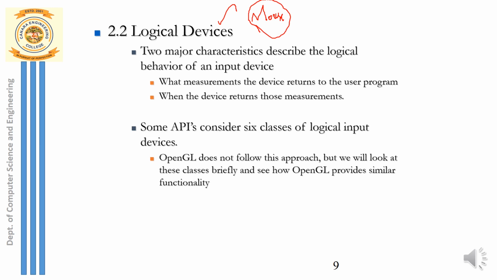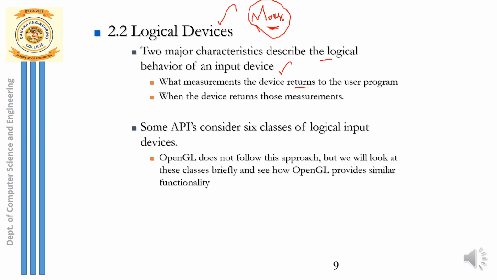So what is this logical and physical confusion? We will just see here. Let us see what exactly the logical behavior of an input device is. When I say an input device, it is a physical input device, and an example of that is the mouse. The behavior of this physical input device is something like a logical one. What is that behavior? The behavior is measured based on the value, the measure, that the device returns to the program.